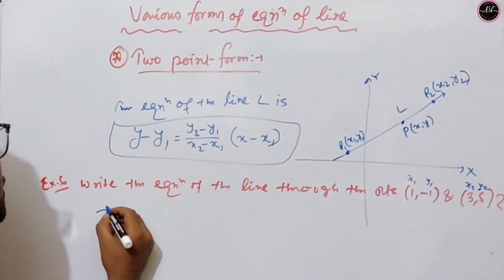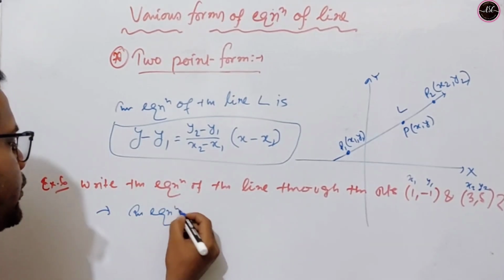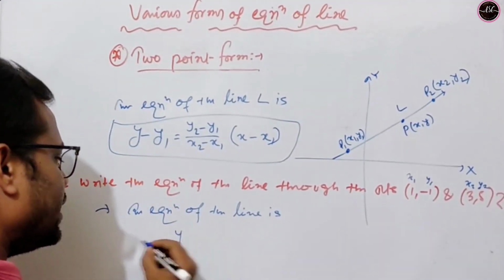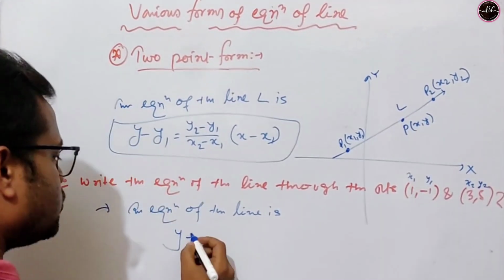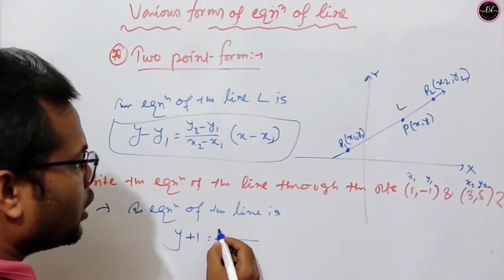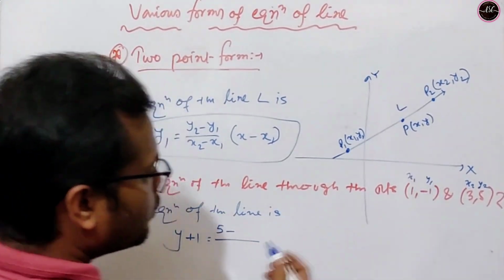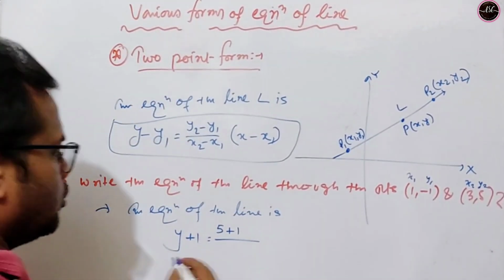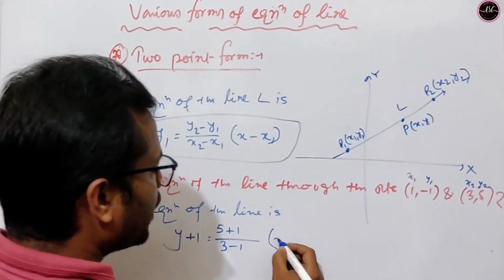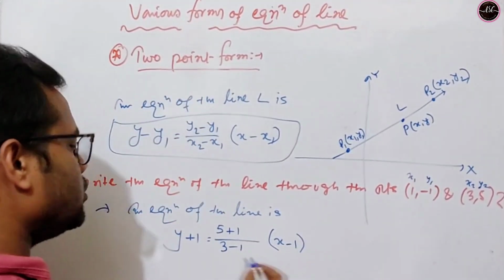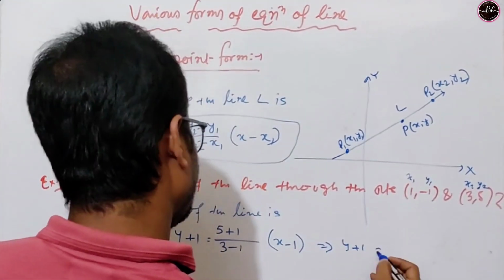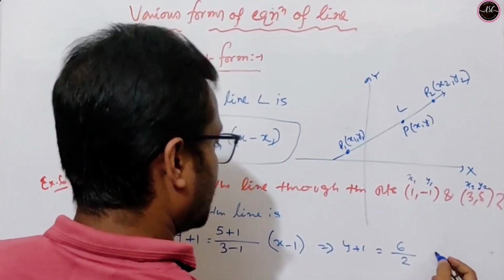So the equation of the line is y minus y1 equal to (y2 minus y1) by (x2 minus x1) into (x minus x1). Here y1 equal to -1, so this will be plus 1, and y2 is 5, so 5 minus y1 is 5 plus 1. x2 minus x1 is 3 minus 1, and x1 equal to 1. So that will be the equation of the line: y plus 1 equal to 6 divided by 2, x minus 1,